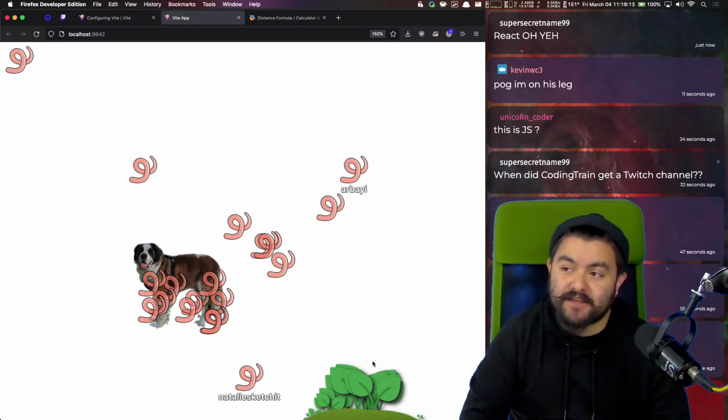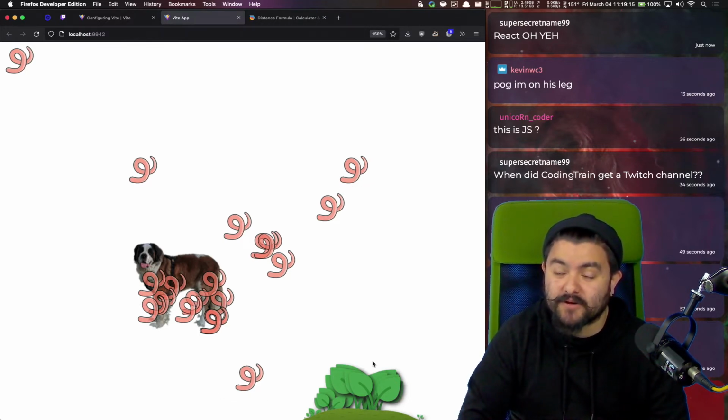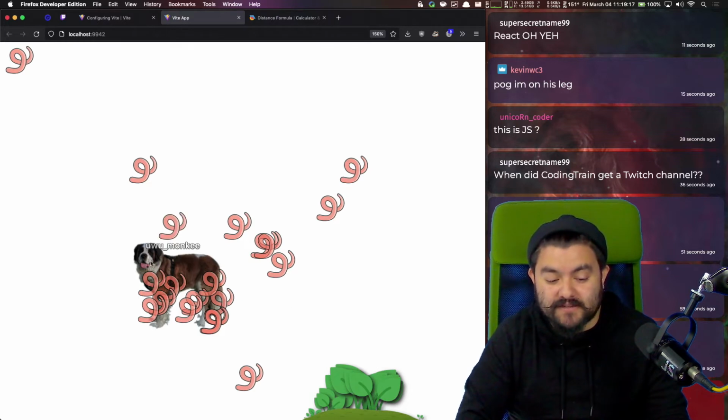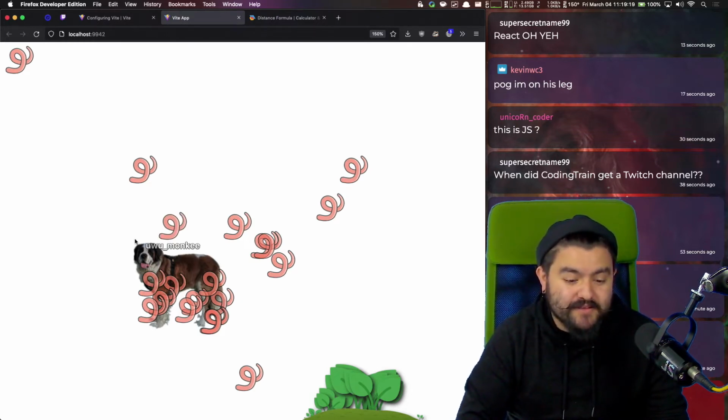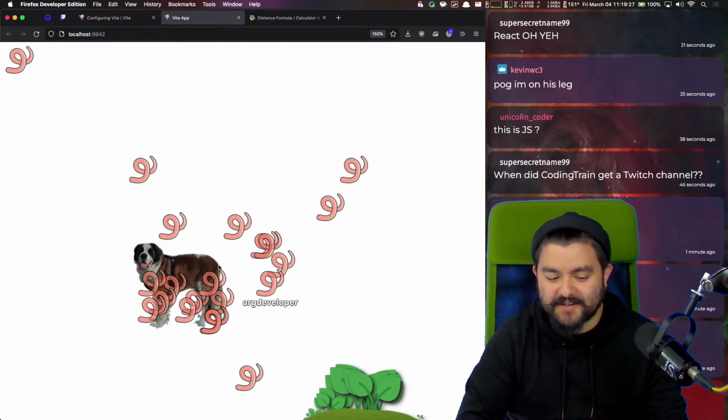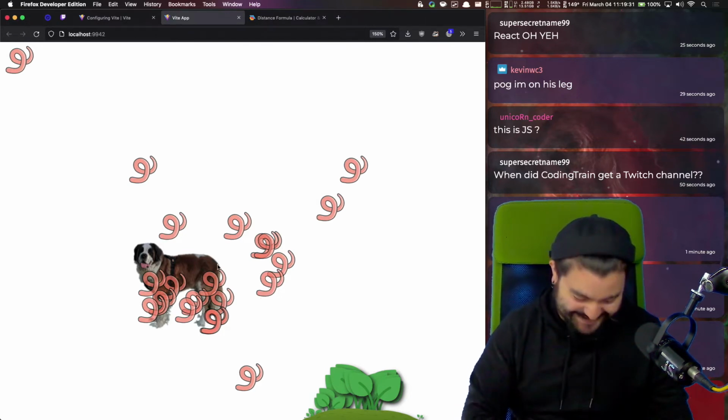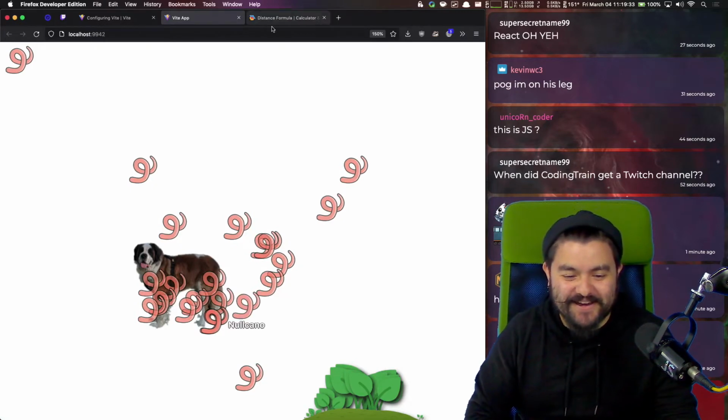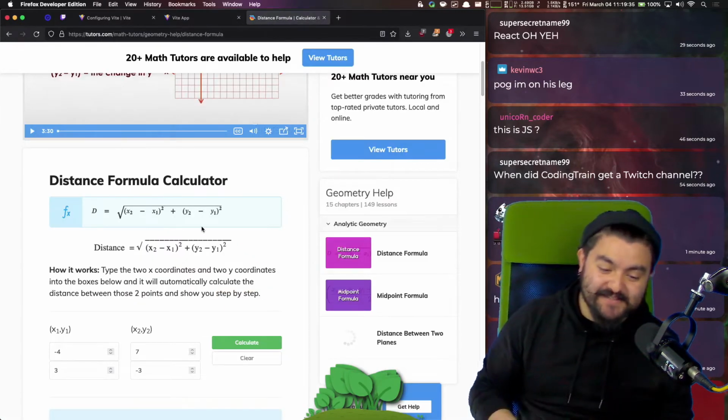And actually, now that I think about it, we're going to have to do some more maths, because right now I'm calculating the distance to the top left corner, and we don't want that. We want the distance to right there, to where his tail goes. So right now, let's get this distance formula working.